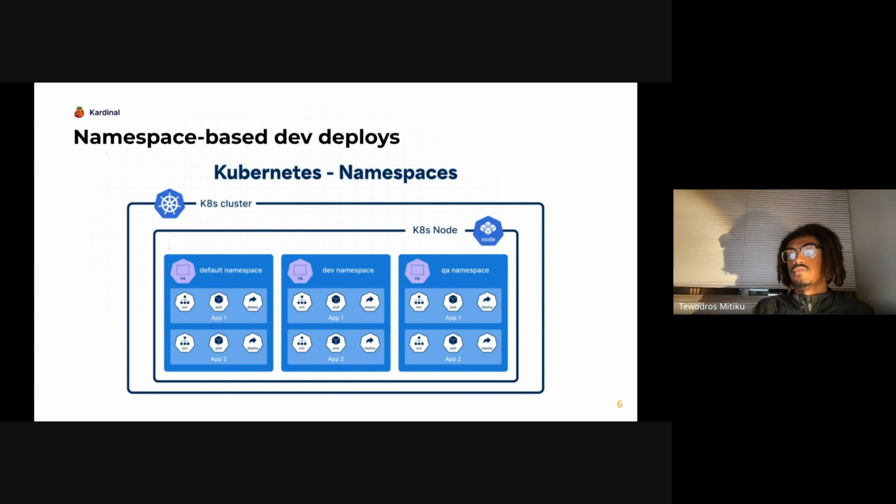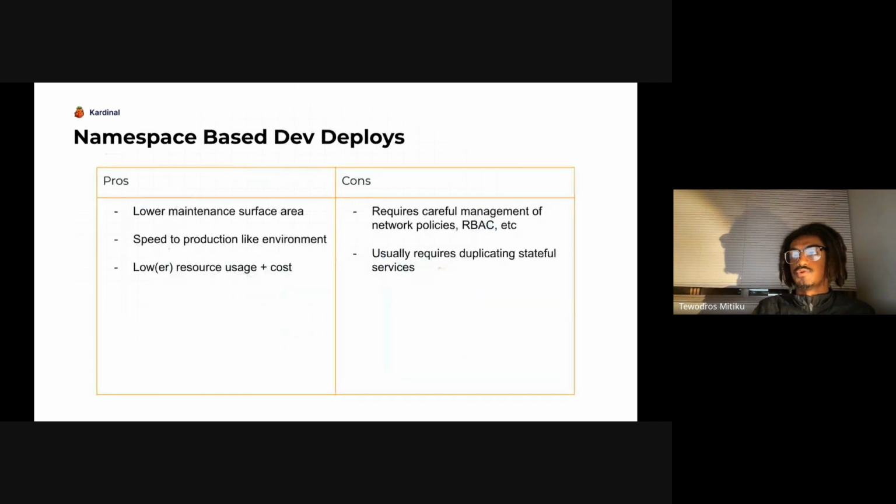And so we can use this feature to give us different isolated logical views of a cluster. But what are some pros and cons of this approach? So you've got a lower maintenance surface area. Let's assume that we've got our production cluster and you've got your pre-production cluster, which we've now minimized into one, where we're just deploying namespaces into. We still get that ability to get into a production-like environment, and you've got lower resource usage because you're not duplicating the entire cluster. And depending on how you're reusing or maybe sharing resources across namespaces, specifically stateful services, you could be lowering your resource usage, or you actually could be increasing them when you don't need to,